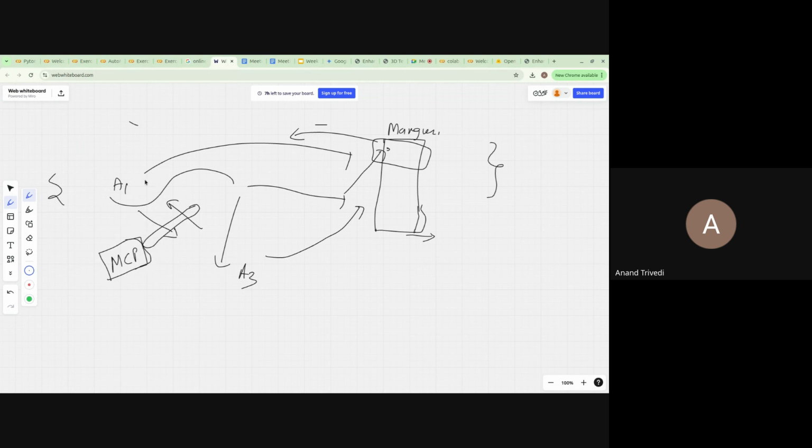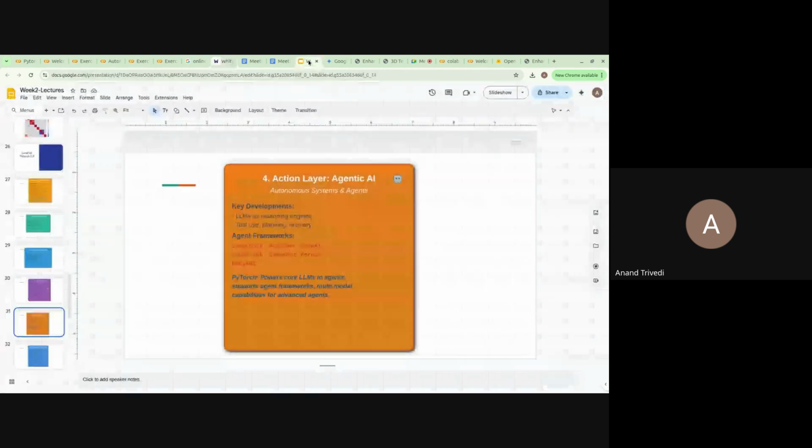So all of these agents can communicate with each other, with the manager, and so on. Now these are just different terminologies, but it is not that it is completely different. So this is the complete application layer that is present in this thing.